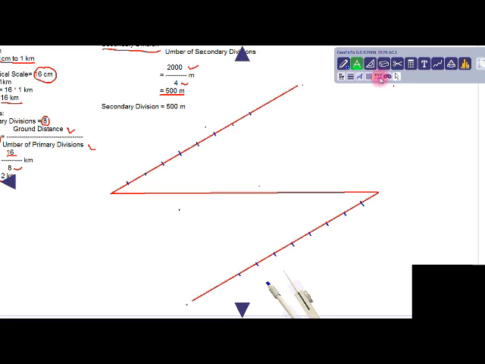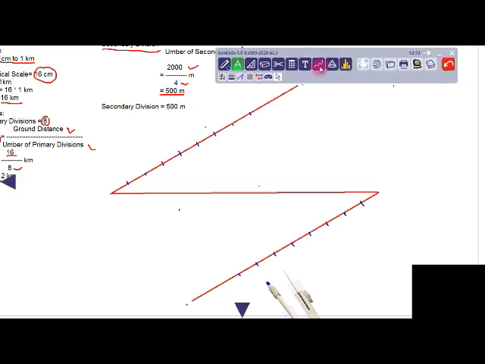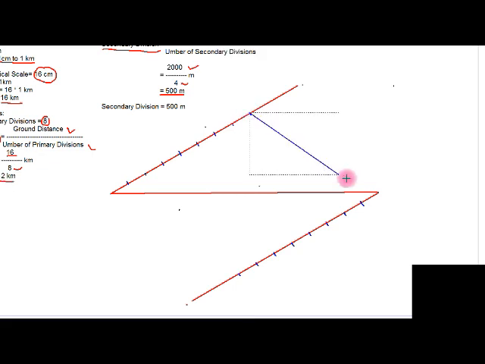You can join it by ruler, but I have the facility to do it here directly by line, so I'll use that line system. From this point, you have to join to the first end, or the one end, of this. Okay,